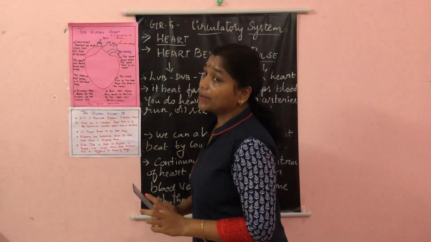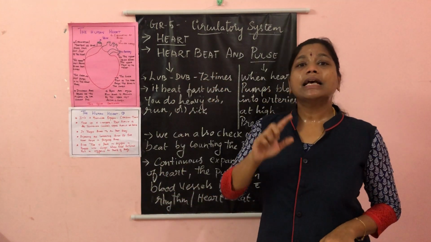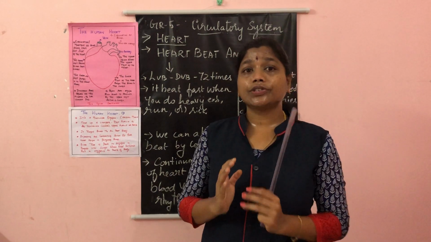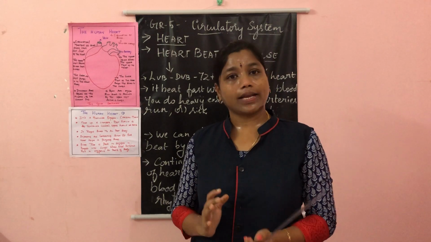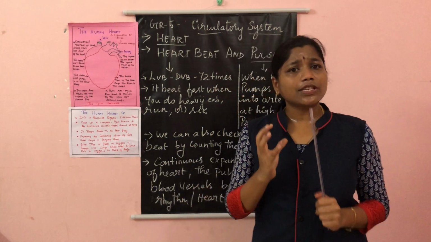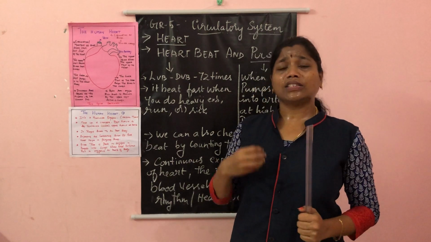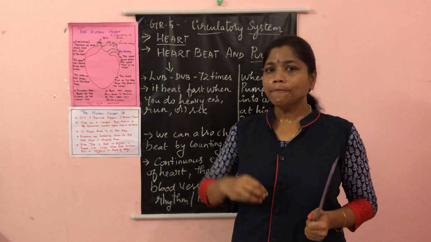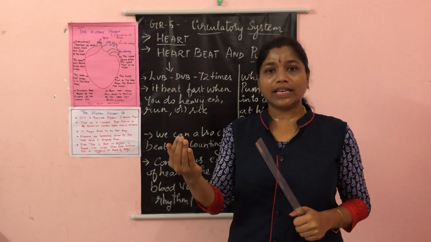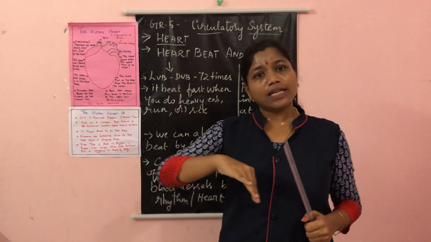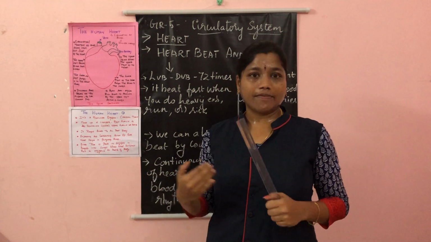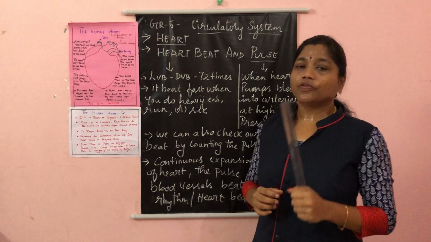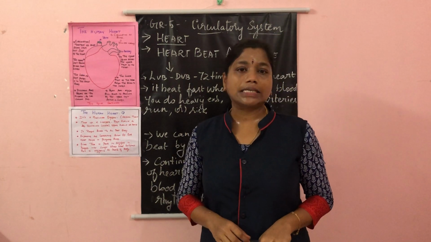Okay. Next comes the very important part of this lesson, which is about the circulation of blood. We have already discussed the function of the circulatory organs or circulatory system. It has to carry all the food materials, and it has to remove the waste materials from all parts of our body and send them to the excretory system. So we need intake of food as well as elimination of waste from our body. Am I right? That is the major function of the circulatory system.